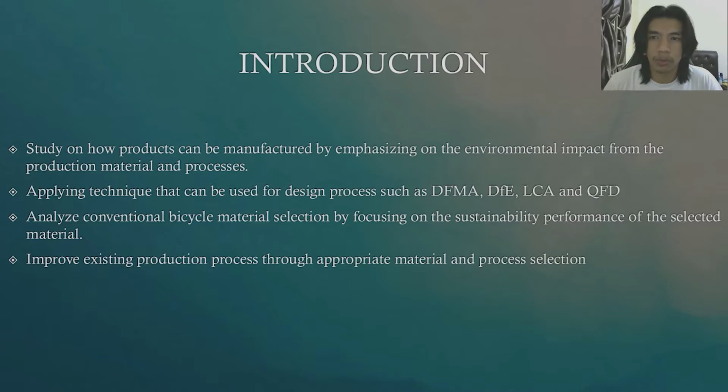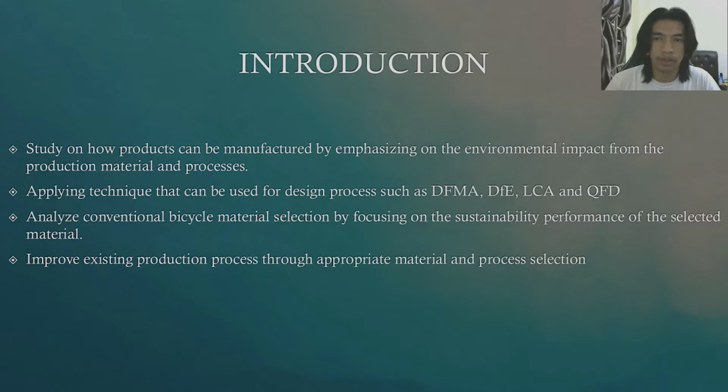For this task, we want to study how products can be manufactured by emphasizing on their environmental impact from the production material and processes. In simple terms, this can be interpreted as: can a product be manufactured from sustainable material and process? Next is applying techniques that can be used for the design process such as DFMA, DFE, LCA, and QFD. This is important to determine if it's possible to manufacture a product with sustainable concept without compromising the product performance